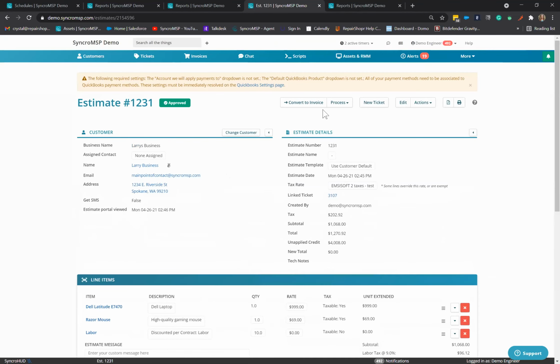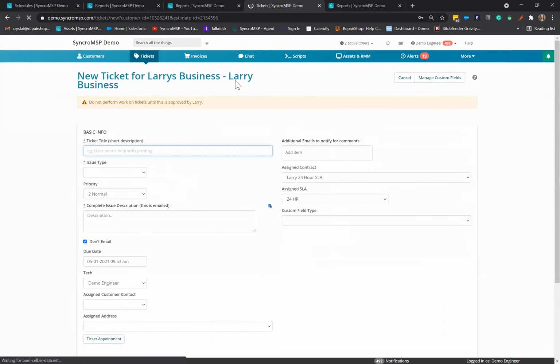But once you have processed this estimate, it will become available on the customer portal. It'll email that to them as well. They can approve or decline it from the portal. You can set up a notification so you know right away when this estimate is approved. Once you either convert this to an invoice or a ticket, so if you do go the ticket route, then